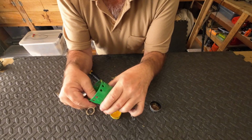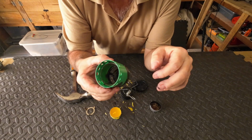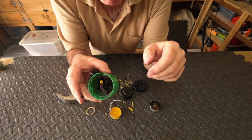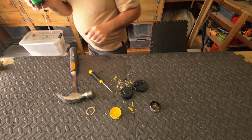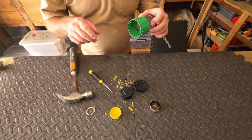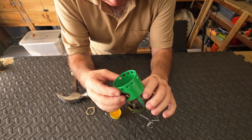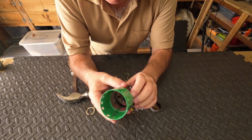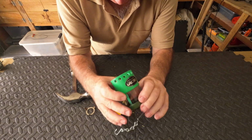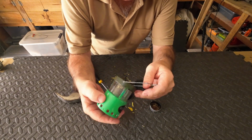So yeah, I'm going to give that a quick wash and I'll be back in a moment. Okay, it's got this piece fairly clean, just with some warm water. Give it a quick dry, not 100%, but